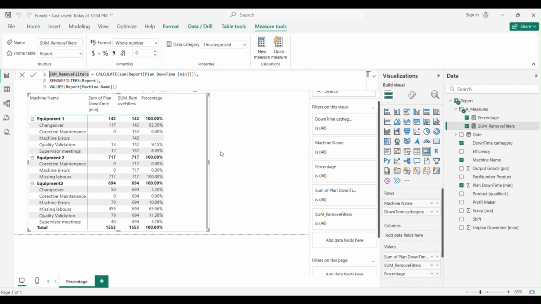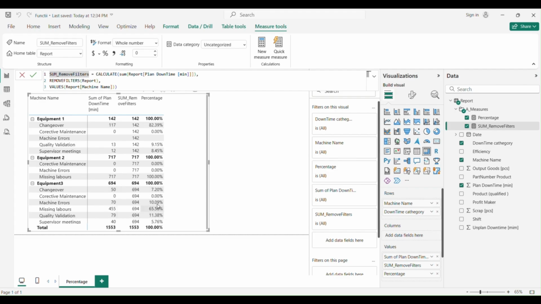So now what I actually got is, as you can see, each number from the equipment category, it's here in this column in the sum remove filters, meaning that now if I split 117 to 142, I will get 82%, and this is similar everywhere. Here is 0 because it's also 0, but you can see the difference here.